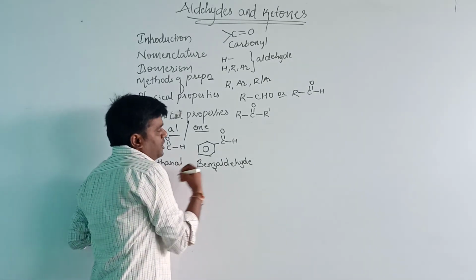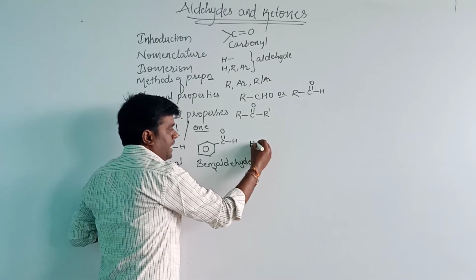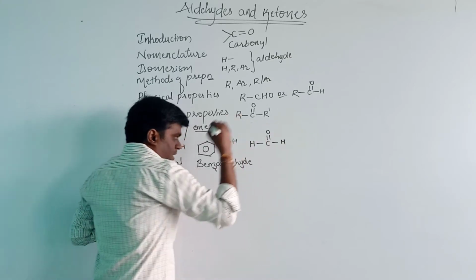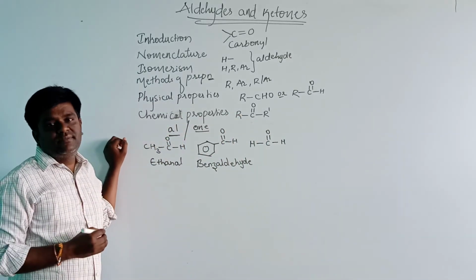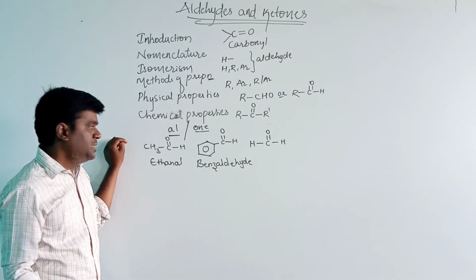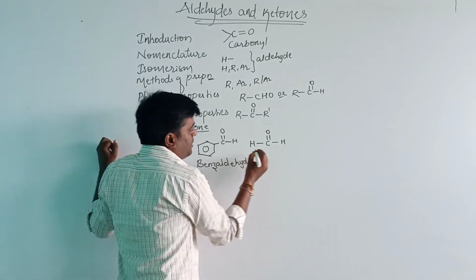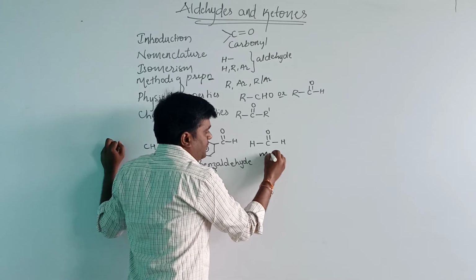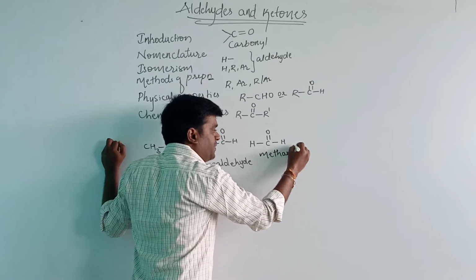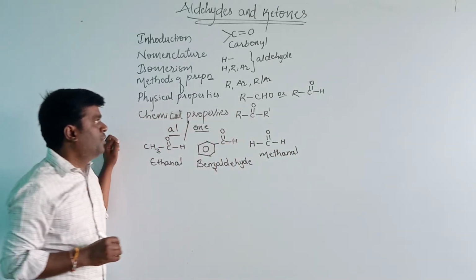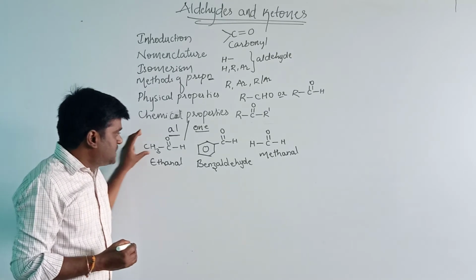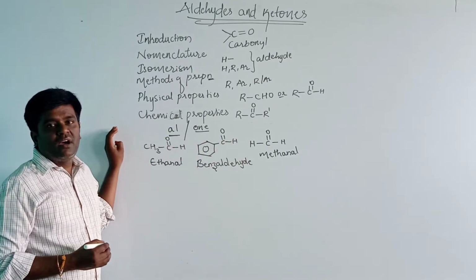The third important compound for the aldehyde is H-C double bond O-H. Both the valencies are satisfied by hydrogen, then only it is known as an aldehyde. The particular name of the compound: there is one carbon atom, therefore meth, that is the saturated methane, the terminal e is replaced by al, therefore the compound name is methanal. These are the three important compounds for the aldehydes.